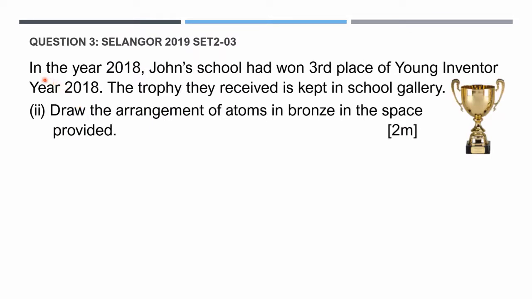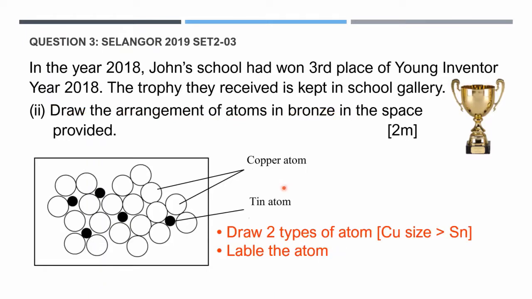Next question. In the year 2018, John School had won 3rd place of Young Inventor year 2018. The trophy they received is kept in the school gallery. Question: draw the arrangement of atoms in bronze in the space provided. 2 marks. We focus on the command word draw, arrangement of atoms in bronze. Simple answer. Okay, you must draw 2 types of atom where the core